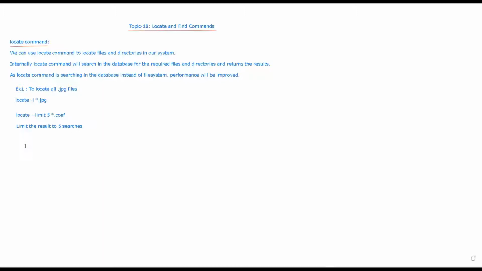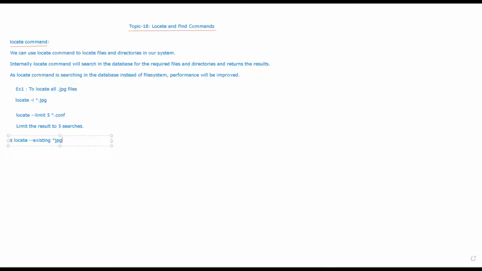You can use the existing option like, let's say, locate with the existing option and star jpg. Now it will check whether the file exists or not.